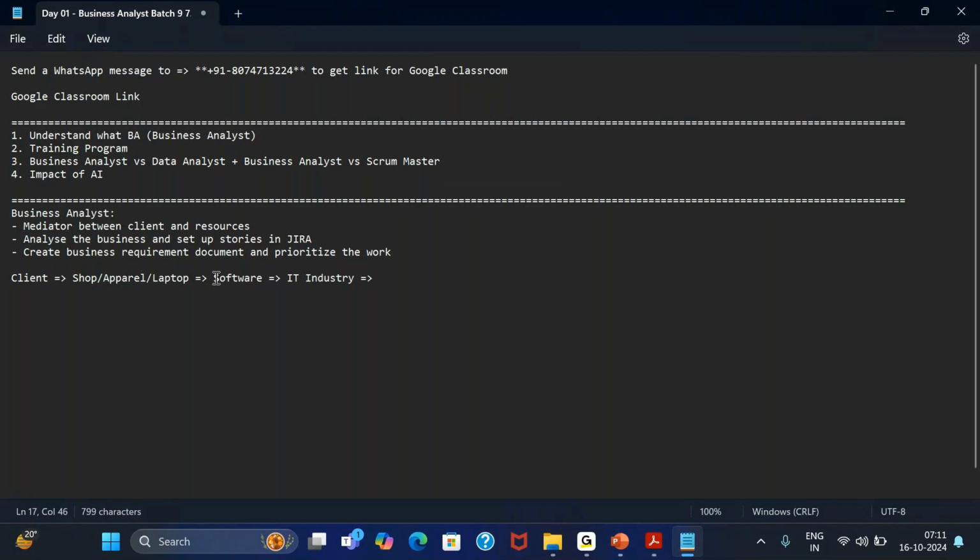Now, when a client requires a software, what they typically do is approach someone in the IT industry. Okay? That IT industry will try to work with the client to understand what they really want and give them a working software. So they expect a software over here, and the IT industry is trying to build a working software for the client. Okay? Now, in order to build this working software,